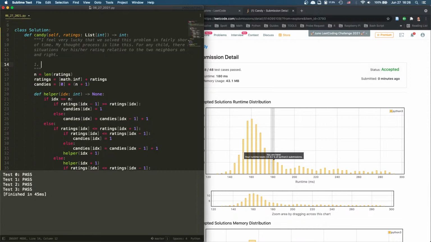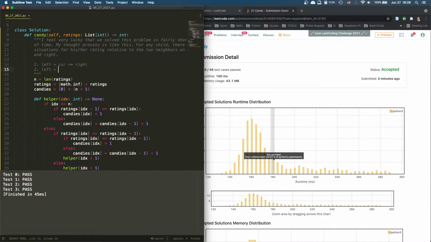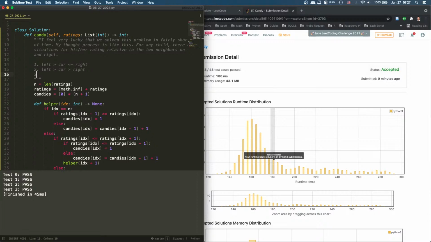Let's not do it this way. Say left is larger than or equal to current, and current is smaller than or equal to right. And left is larger than current, and current is larger than right. Left is